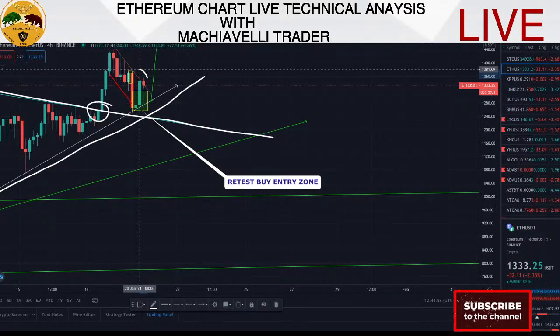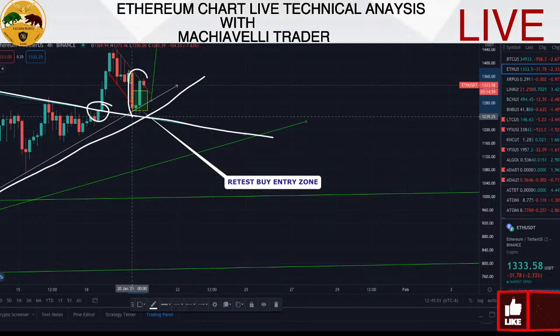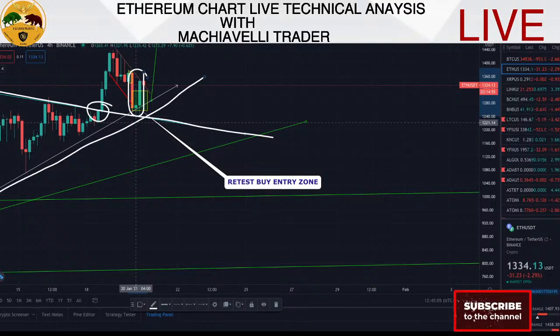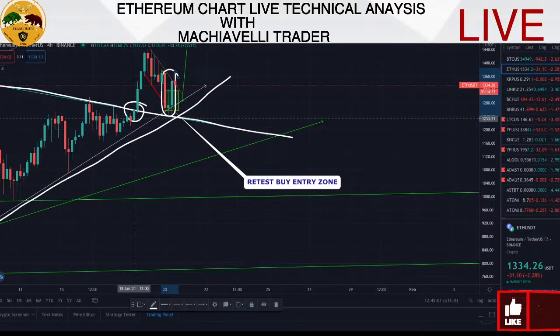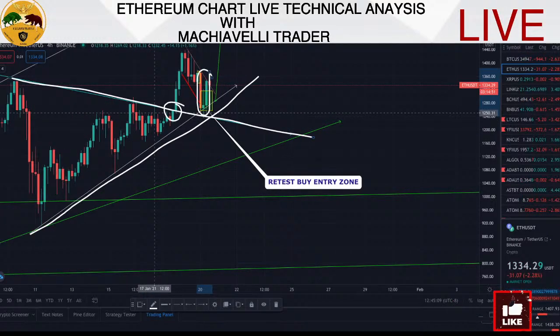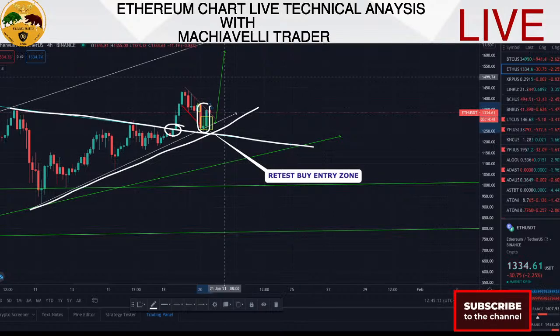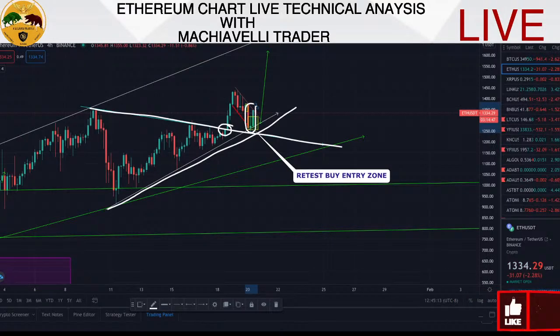This is our clear 3-bar reversal on the 4 hour chart, printing on the new support on Ethereum, telling you that from here it is likely we have a new daily candle opening with a move to the upside. Any moment from now we are going to get a move, as is clearly displaying here on the 4 hour chart.